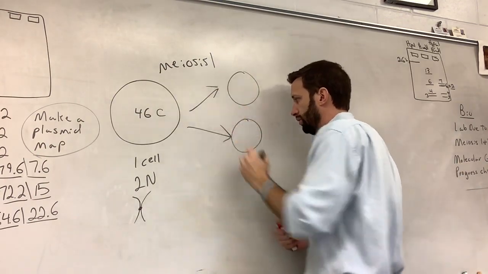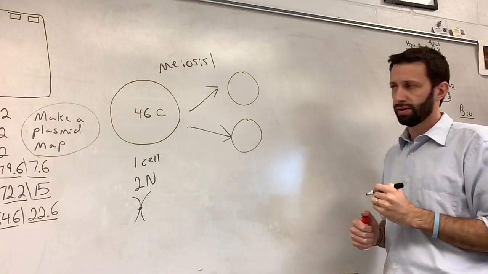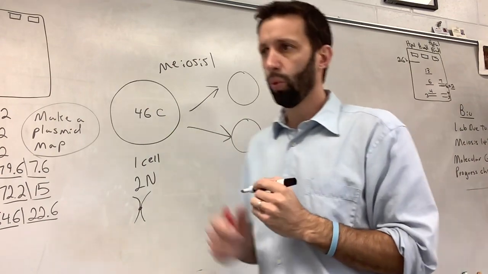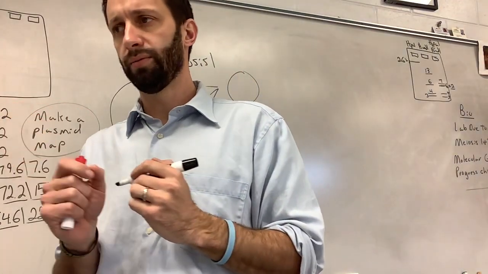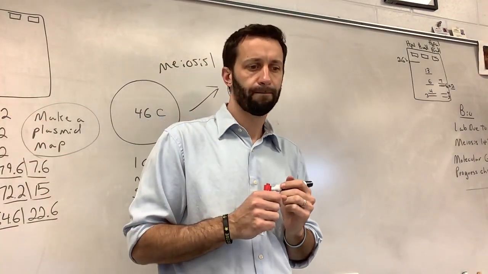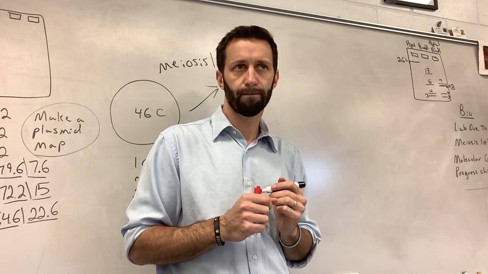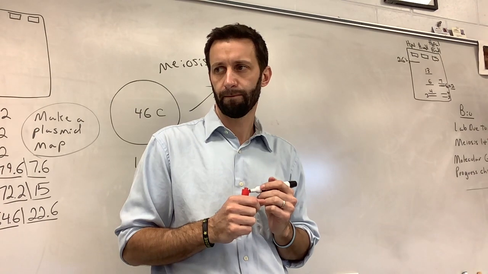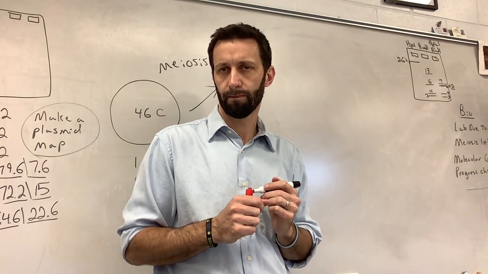Okay. How many chromosomes are in each one of these cells? 23. So if you look in your book there, what happens in anaphase 1? Somebody read that for me. Okay. Breakdown of proteins that are responsible for sister chromatid cohesion along the chromatid arms allows homologs to separate. Okay, so